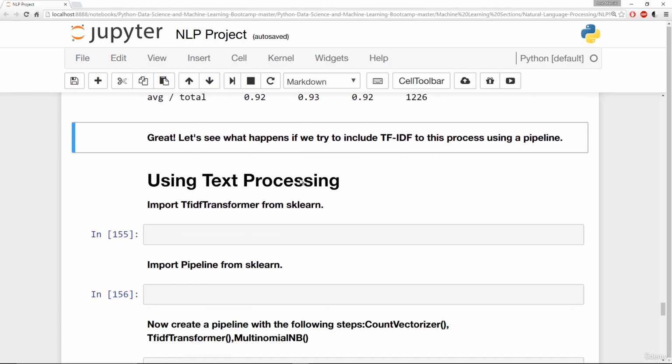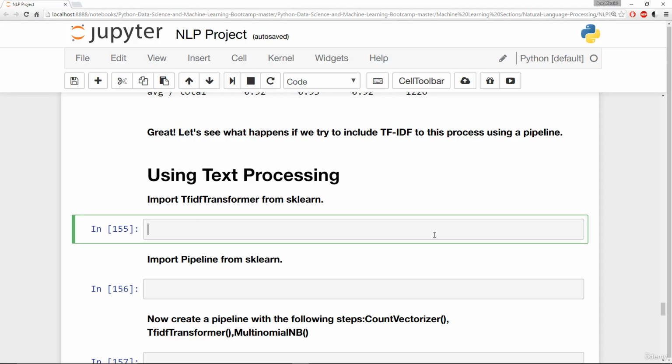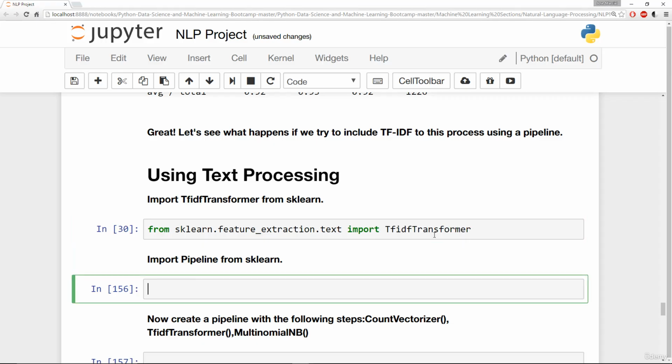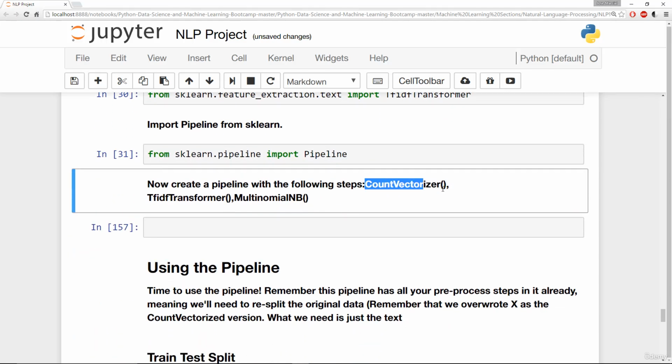We'll go ahead and import TfidfTransformer from scikit-learn. And that's also under sklearn.feature_extraction.text. We'll import TfidfTransformer. We'll import Pipeline from scikit-learn. So that's from sklearn.pipeline import Pipeline. And now we will create a pipeline with the following steps: count vectorizer, TF-IDF transformer, and multinomial